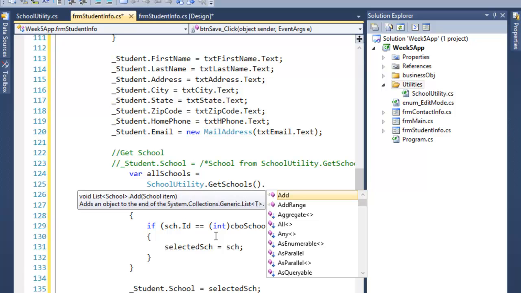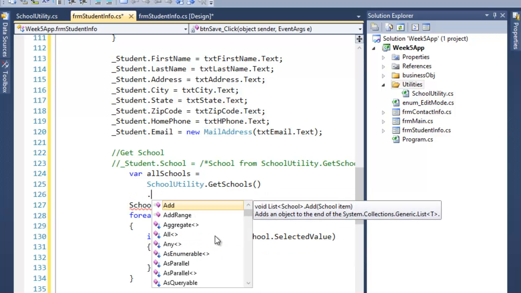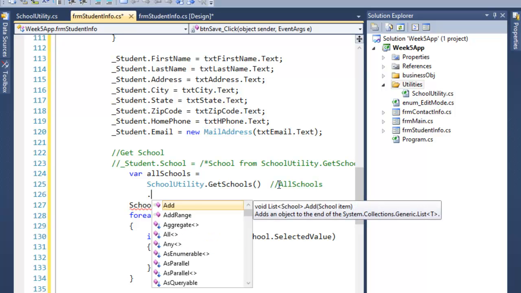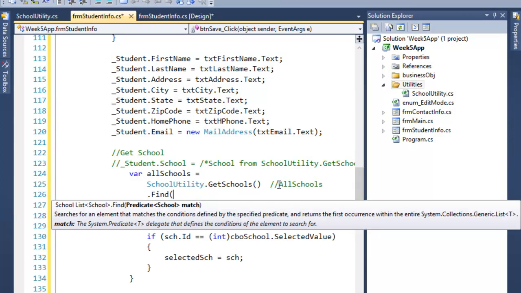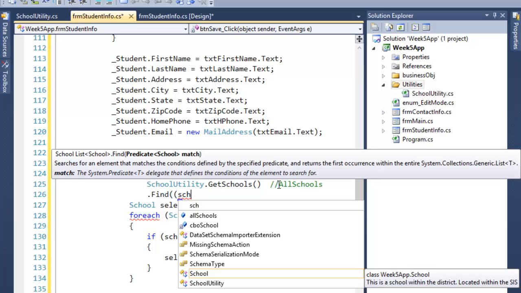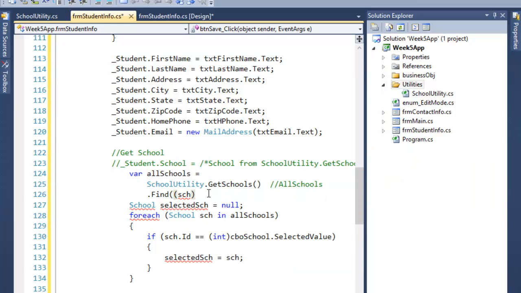From this collection, I have a series of methods that I can call. So think of this as allSchools. I can then say Find, and it wants a predicate to find the matching school. I can then put in here sch, arrow,